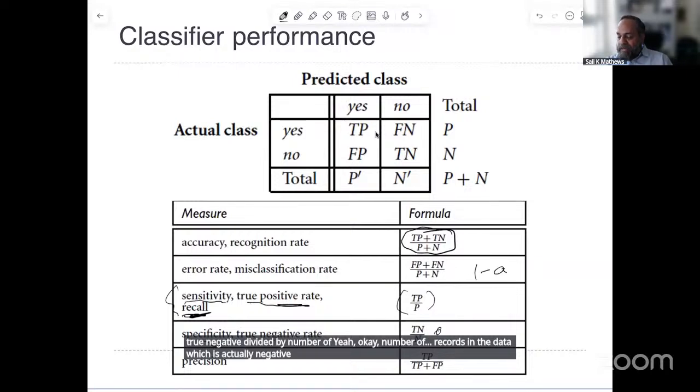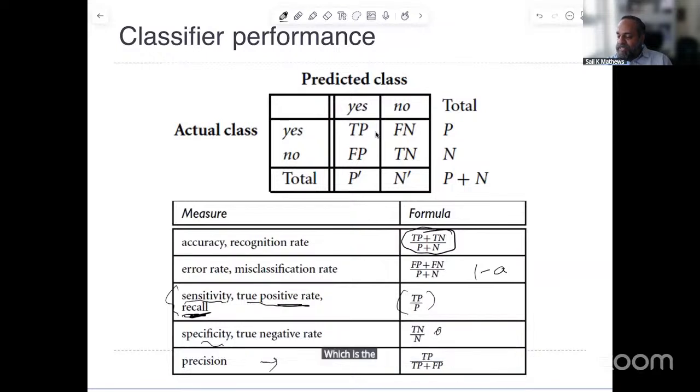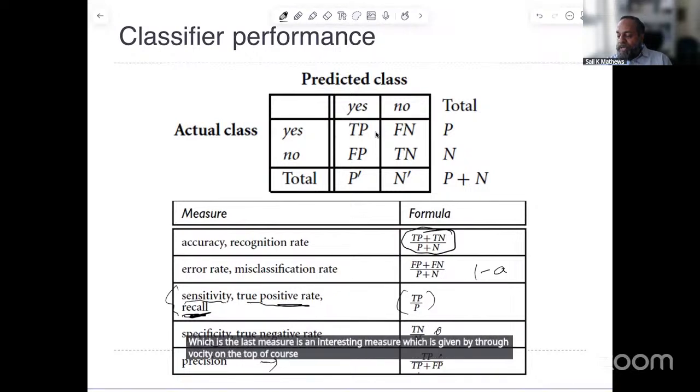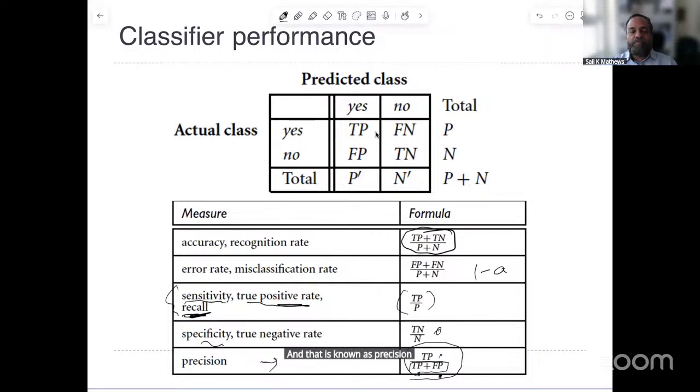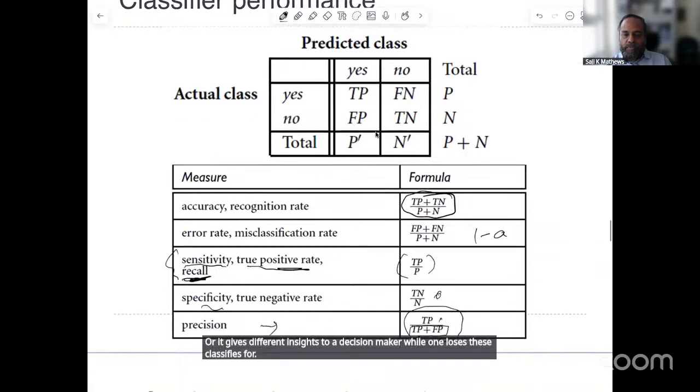And precision, which is the last measure, is an interesting measure, which is given by true positive on the top, of course, but the denominator is true positive plus false positives, or of all the positives that are detected by the classifier as positive, how many are actually true positive. And that is known as precision. And each of them has applications, or gives different insights to a decision maker